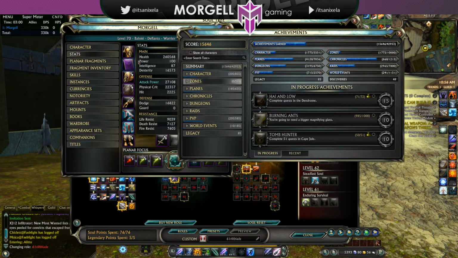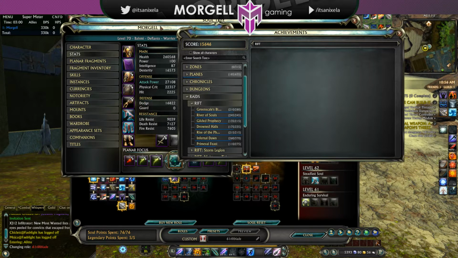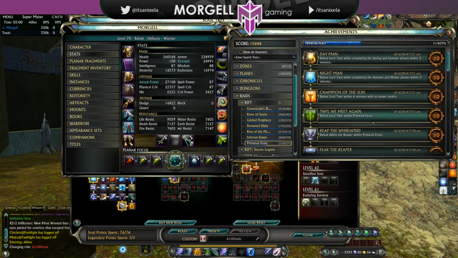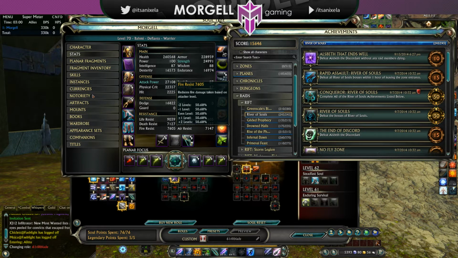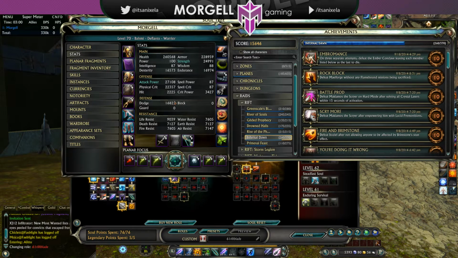achievements, and we check out raids in Rift, Greenscale's Blight used to be a life raid, and I believe also Primeval Feast. So for these two raids, you needed to stack life resist. And then for death, you needed to stack death resist for River of Souls. And then fire resist, I believe, for Rise of the Phoenix, because it's a fire-based raid, and Infernal Dawn as well. And then water resist, you needed to stack it for